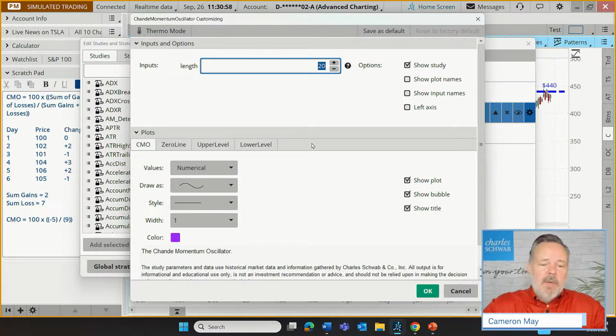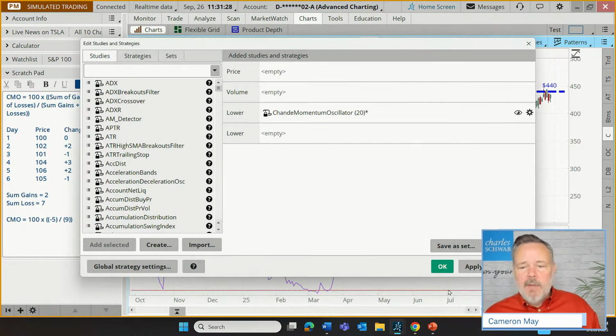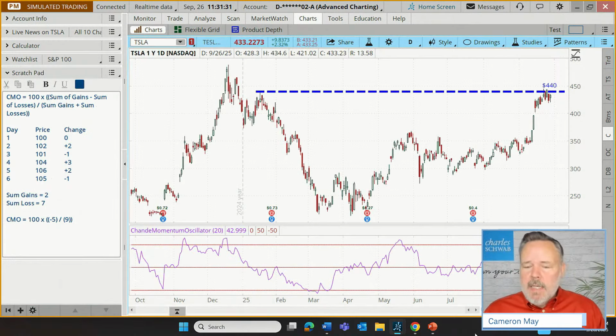We could change this to, if somebody wanted to get maybe a longer term view, a larger data set, maybe they crank this out to 30. Or if we're doing shorter term trading, we want to speed the oscillator up, maybe we change that to 10. So what that allows, if we're using a smaller data set, each new change in data a single day can have a 10% impact on the construction of the oscillator conceptually, versus just 5% if we leave it at a default 20, which is what I'm going to do here. But yes, we can do that. Okay, I'm going to leave it there at 20. That's what Tashar intended when he constructed this oscillator.